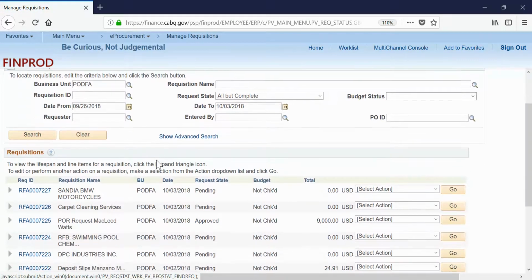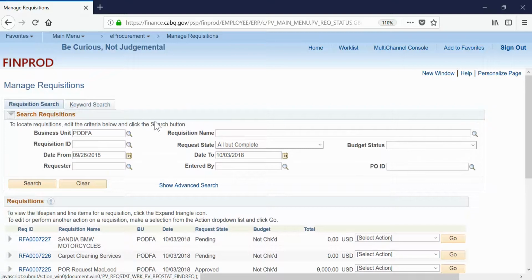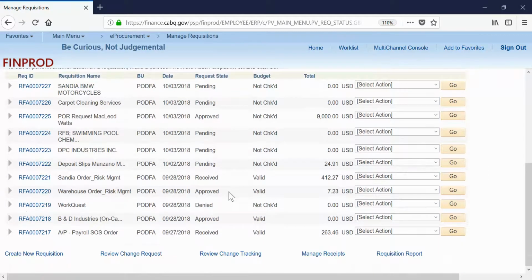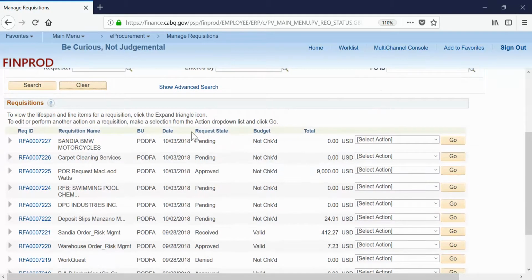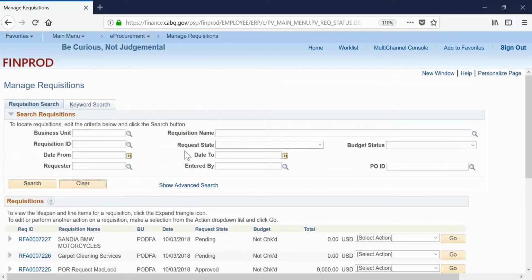As in part 1 of the video series we did, the requisition page defaults to some settings. It'll default to your business unit. It will default to your last 7 days, and it'll bring up information within that area. To simply clear all of this, hit the clear button, and then you can enter any criteria that we're looking for. In this case, we want to look at any request state status of pending. Again, pending meaning it is not fully complete,